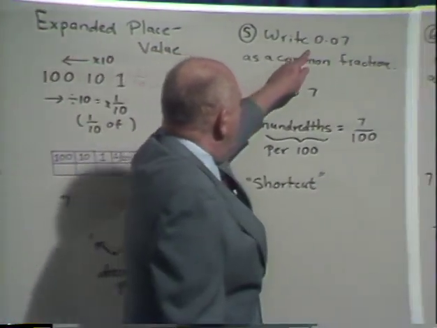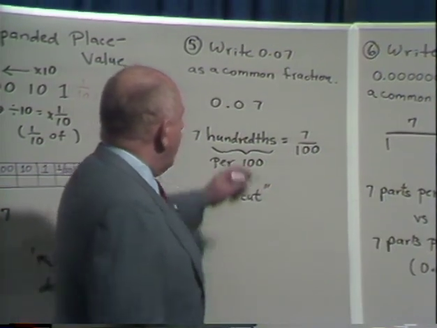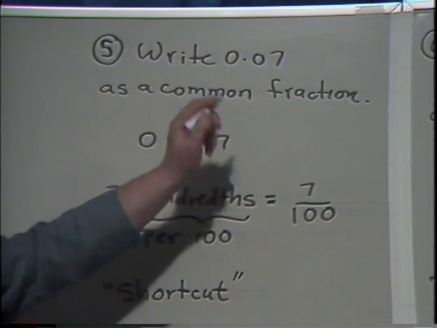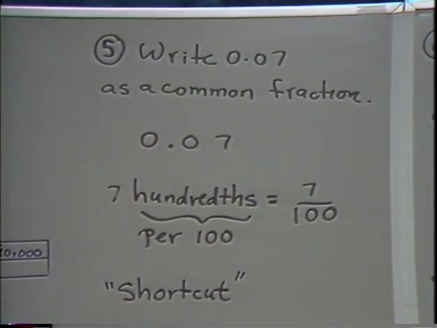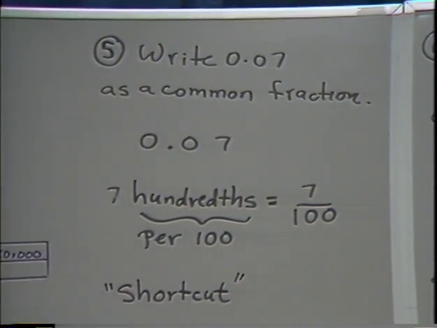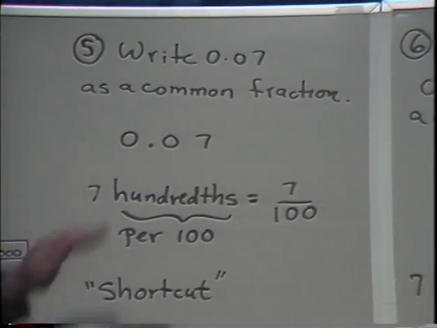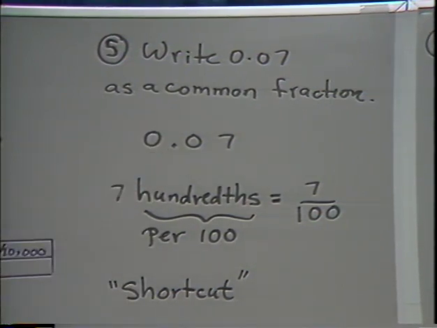Suppose I say to you, write 0.07 as a common fraction. One little thing over here. Obviously, the digit to the left of the decimal point is in the ones place. What is this digit? It's a 0. Well, why do I put it in there if it's a 0? I don't need it. It's a custom to write a 0 in front of a decimal point to avoid careless